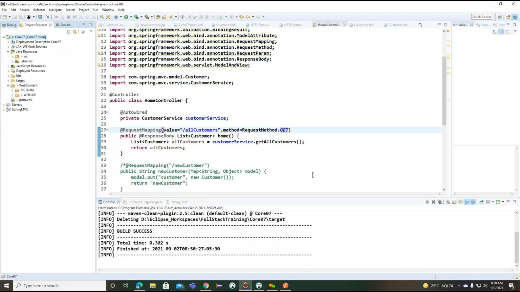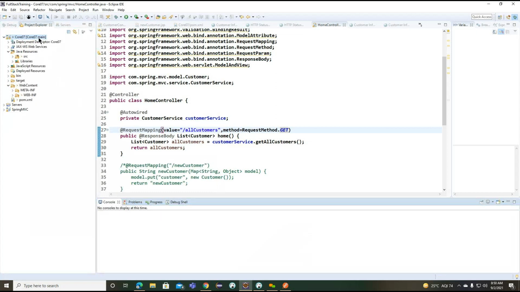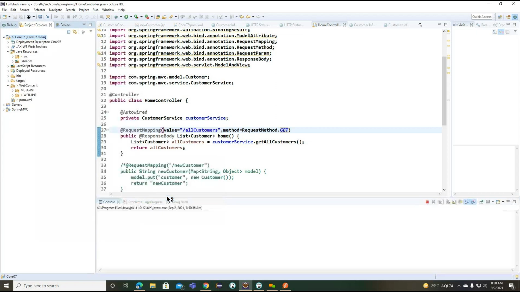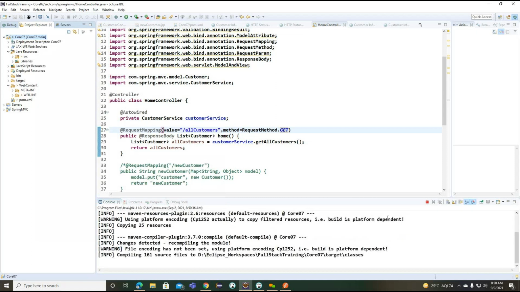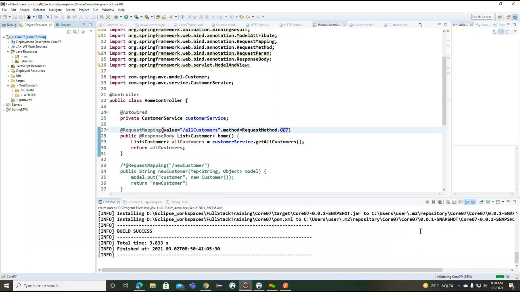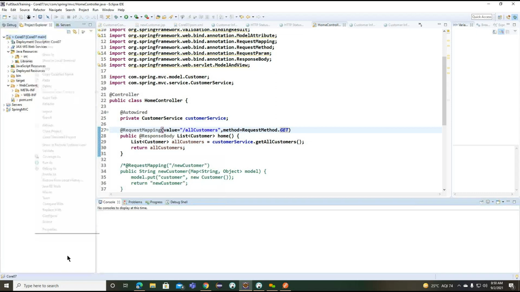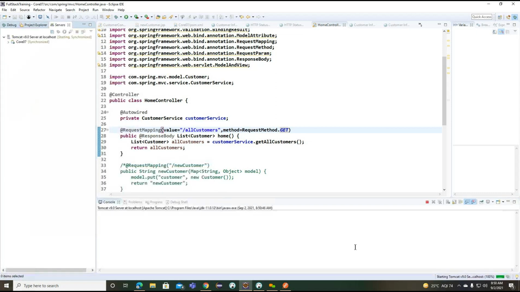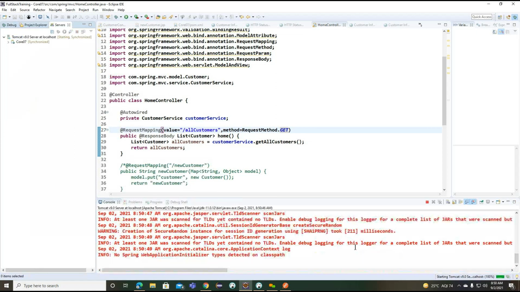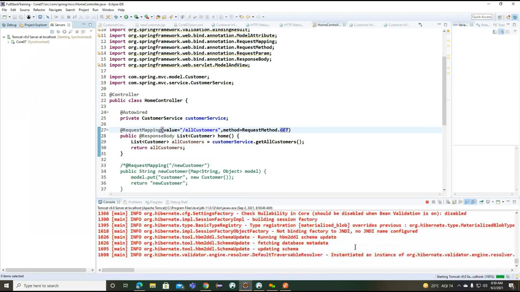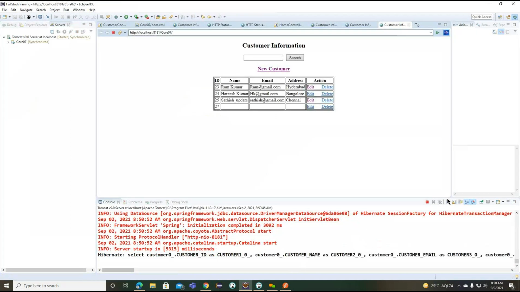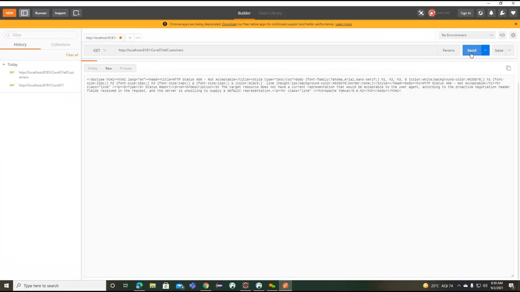Provide request mapping and, not acceptable. What is not accepting here?